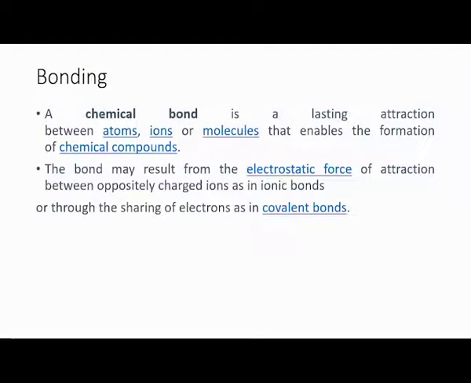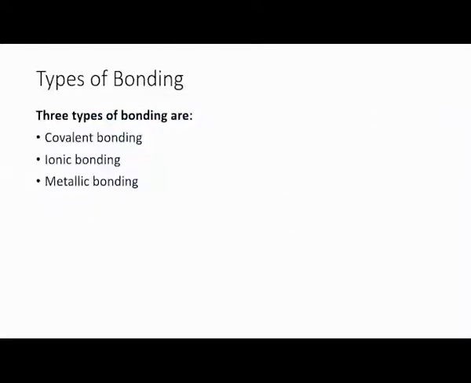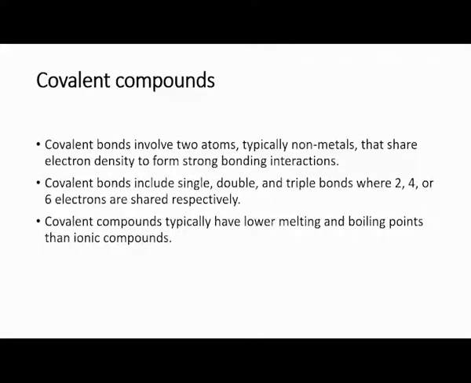Bonding is defined there. Students should know how to define bonding. According to our modules, we are supposed to know that there are 3 different types of bonding: covalent bonding, ionic bonding, and metallic bonding. Students should be able to show how atoms are bonded in covalent bonding, know the properties of covalent compounds, and be able to explain how covalent bonds